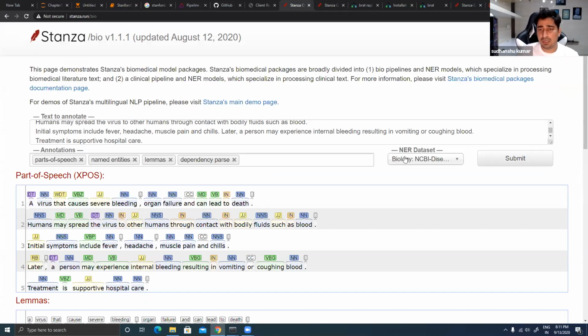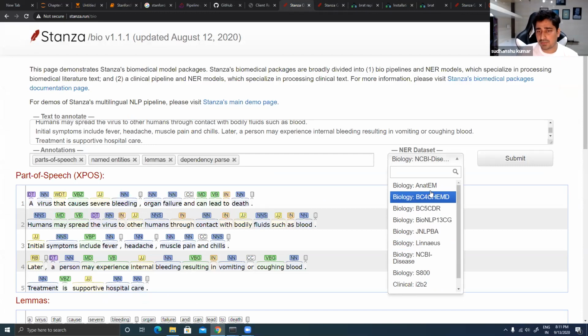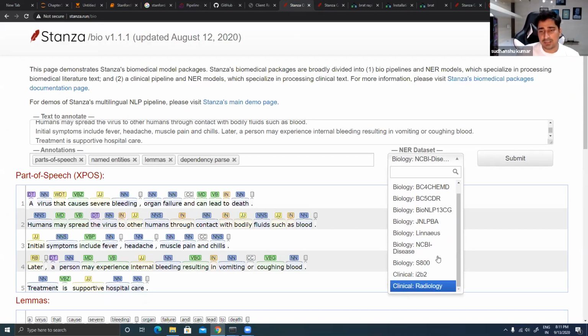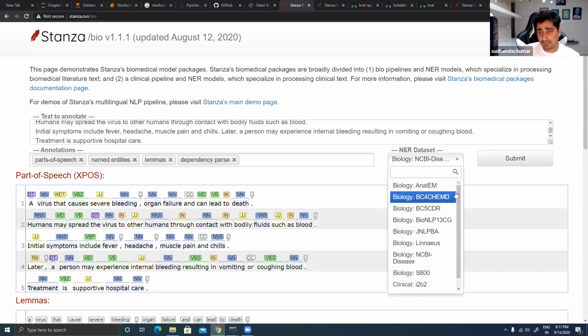Here, if you look into this, these are the models that they have created. As you can see, they have created a biological model and a clinical model, with multiple versions of each. What is the meaning of it? The meaning is very simple. They have trained all of those with biological data, so that you will be able to annotate all the biological data, and then train on it. Because for training you need data annotation. Unless you have data annotation, you will not be able to perform any kind of training on raw data.